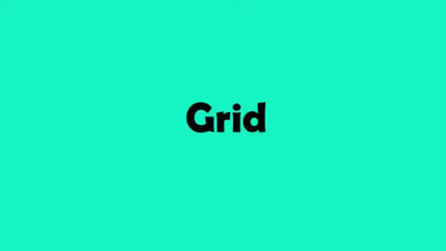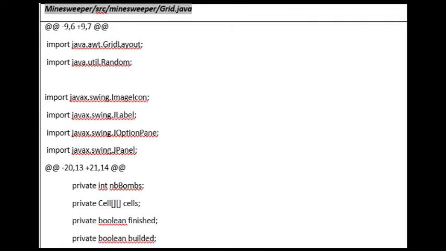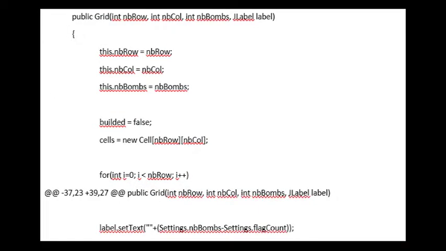Next, we move to a class called grade. In this class, we create an object called NB bombs, cell, so we included a boolean which is finish and build it. Next, we create a constructor class, a grid, inside it. So in here we define the number of rows, number of columns, and number of bombs. So we take the cell using an array, so new cell, array of number of rows and array of number of columns. So we create a loop here,